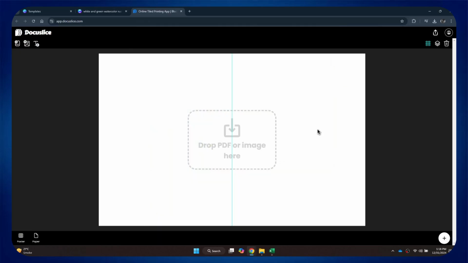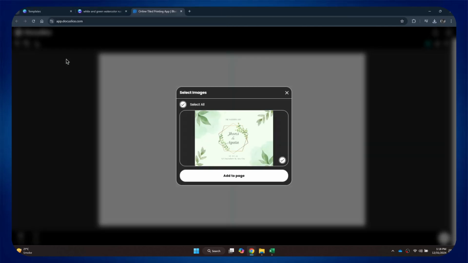Once done, open a new tab and then search for Docuslice. Then, open the official website and sign into your account. Next, add an image by clicking on the image icon at the top, and it will be displayed on your